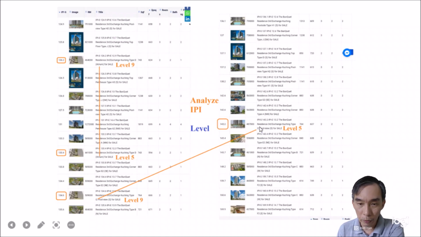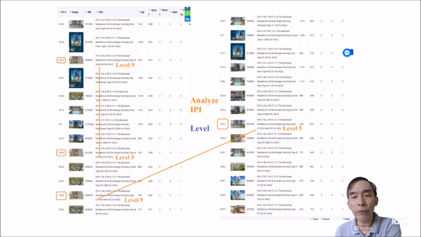Similarly, for the same unit on level 5 at Pool View at 487,000, compared to the same unit of the same size but at a higher floor at 509,000. The 509,000 seems to have paid for better benefits on the aspect of it being on the